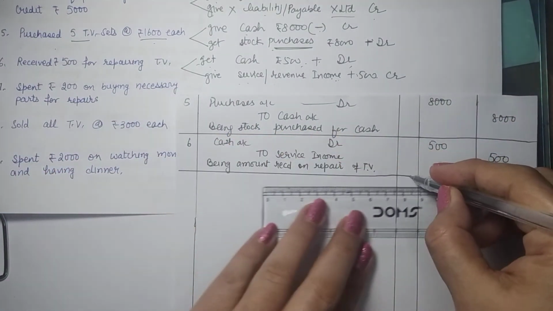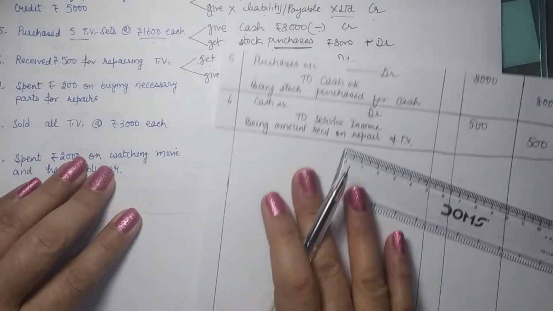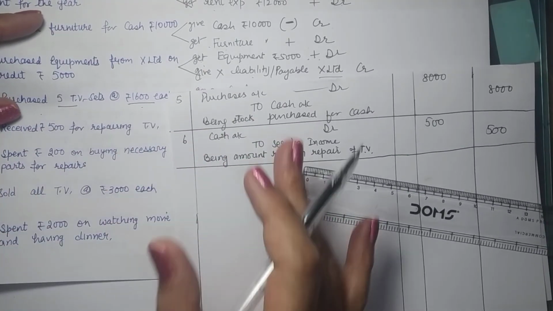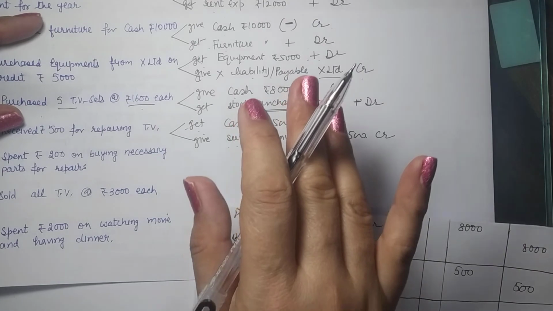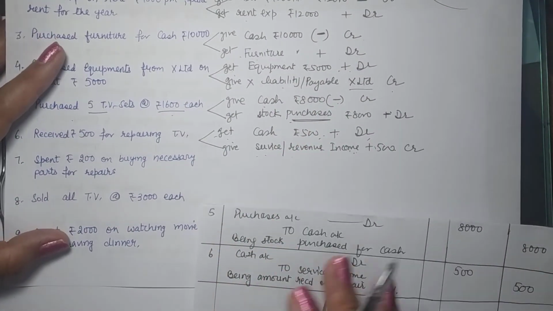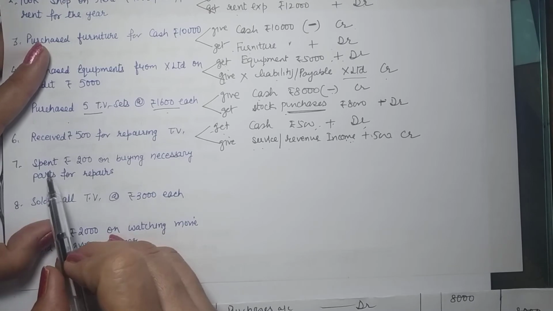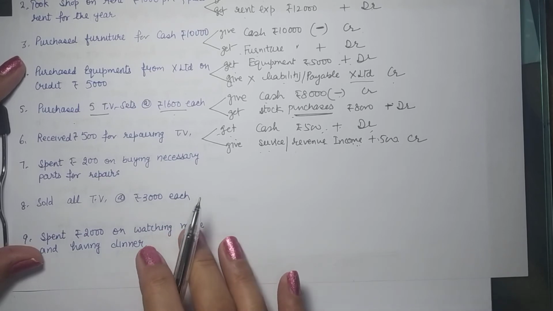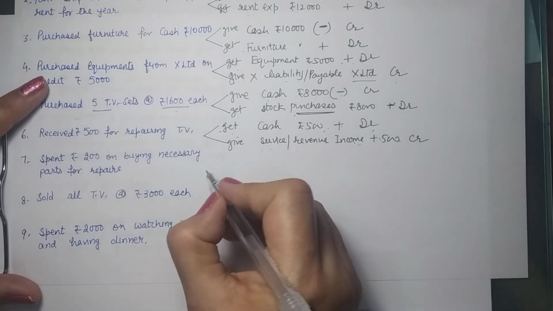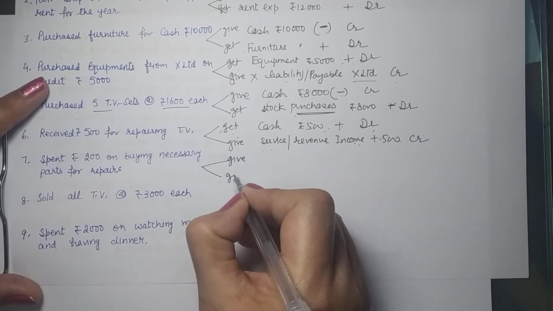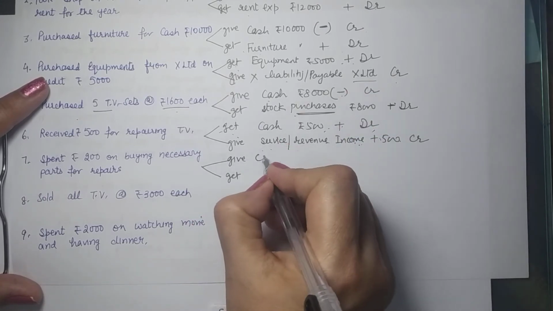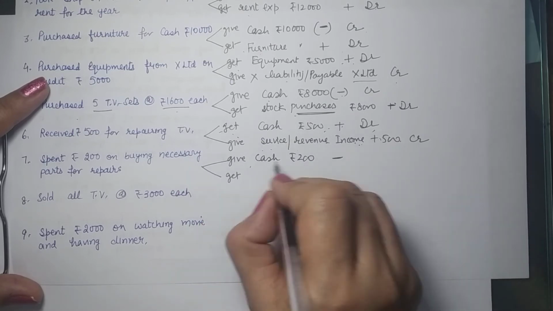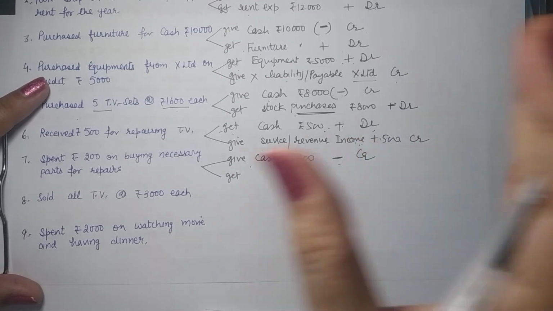So this is how we pass journal entries. So this is what we see. This is the transaction entry. But what goes behind this, we need to get to know. We need to master this if we are to pass correct entries. Now, spent 200 rupees on buying necessary parts for the repair. So you spent 200 rupees on buying the parts. So what do you give or get? What is easy to find out? You give 200 rupees. You gave away cash of 200 rupees. Cash being an asset, it is reducing. Assets' reduction is credit. Debit cello rule.